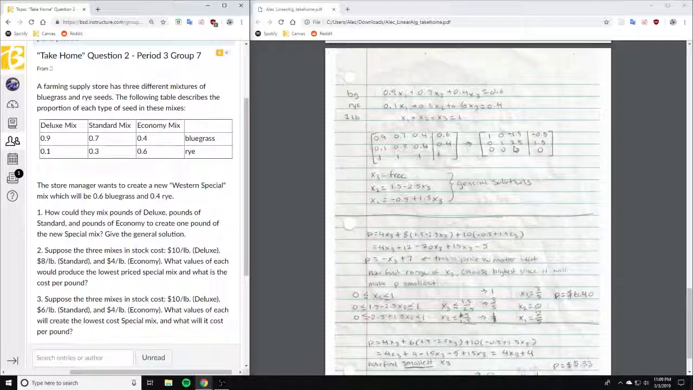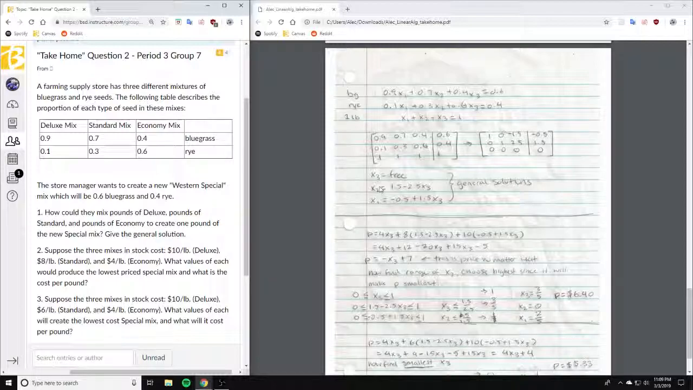And what we can figure out is that, as you can see, if we add the bluegrass and the rye together, we get the 1 pound, which means that these are actually linearly dependent. So we do have x3 as a free variable. So x3 is free since this is linearly dependent, we really only have two equations for three variables,